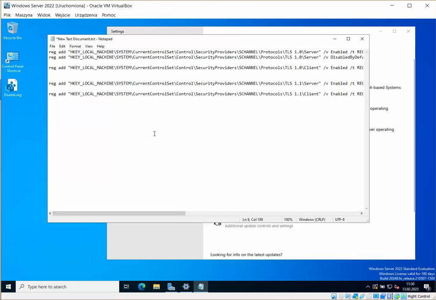So we're gonna be disabling TLS 1.0 and 1.1. I'm gonna save it,